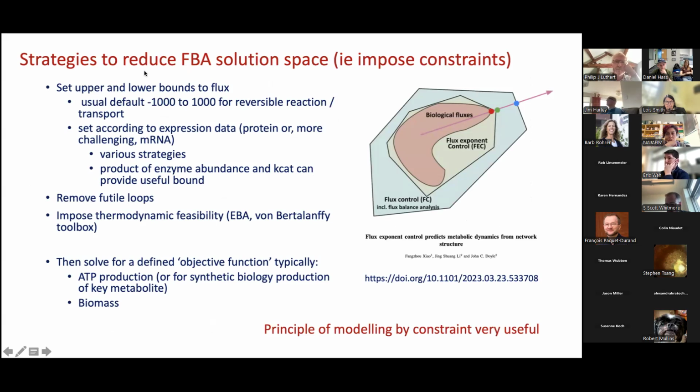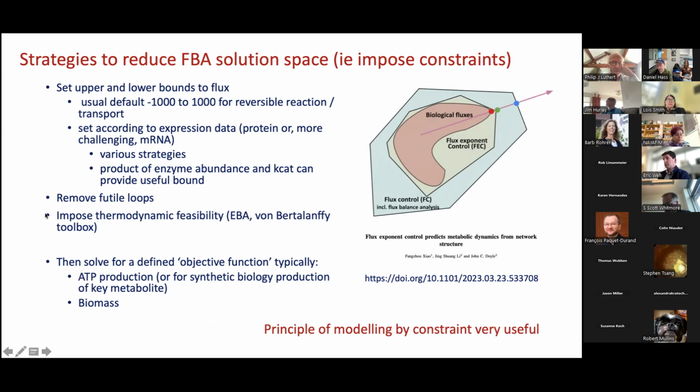So you can set physiological bounds to the fluxes, which you can, to a greater or lesser extent, set according to expression data. And so at its simplest, if a protein is missing, and the enzyme isn't present, and that's the only enzyme that catalyzes a given reaction, you can